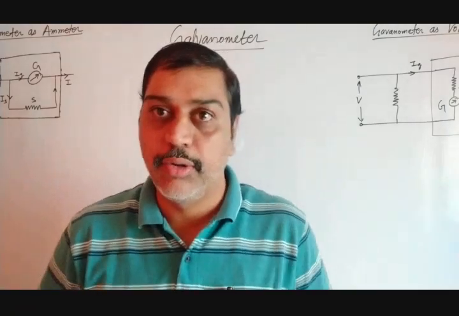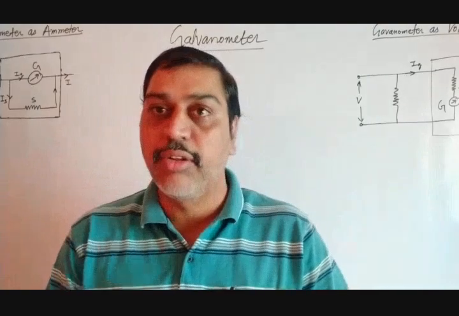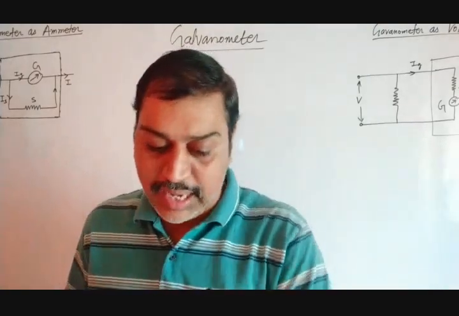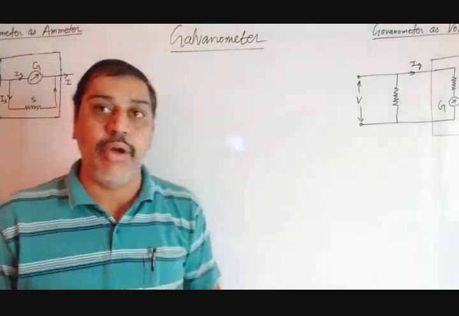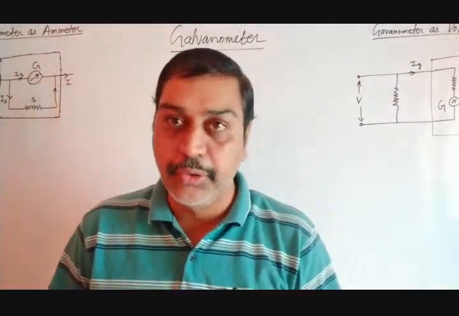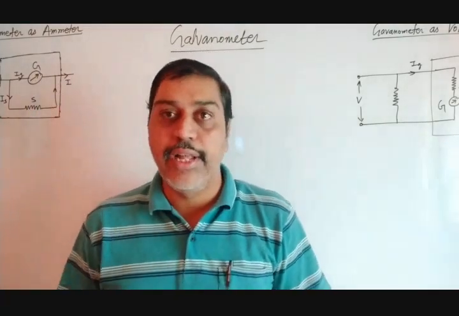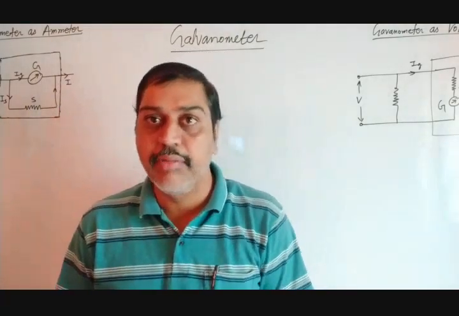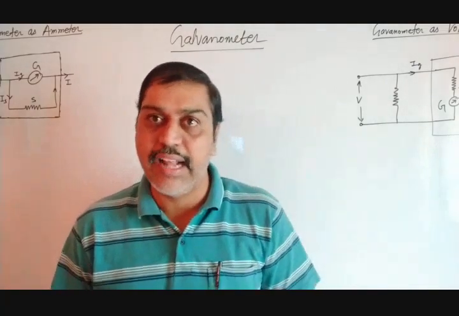Hello students, let's go to the next topic of our syllabus, the current electricity we have started. So let's go to the next point. It is the galvanometer. A galvanometer is a device which can be used to measure the current as well as the voltage. So basically voltage as well as current can be measured by this device, which is said to be a galvanometer. What exactly does this galvanometer consist of?